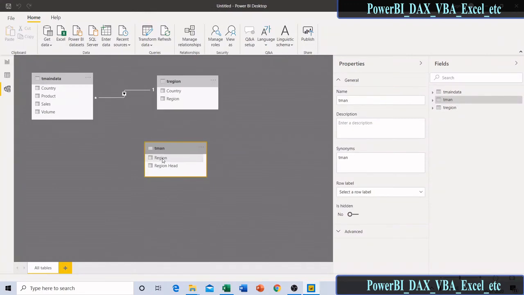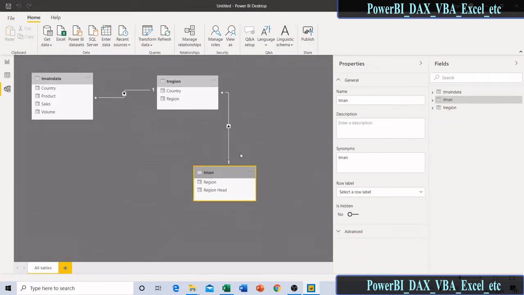Now I want to make a relation between this region to this region. This is another method. Just drag and drop. Okay, now you can see that here also one relation is made from this region to this region, and the direction shows that the filter will flow from this table to this table, not from this to this. We can forcefully change that, I will explain later.